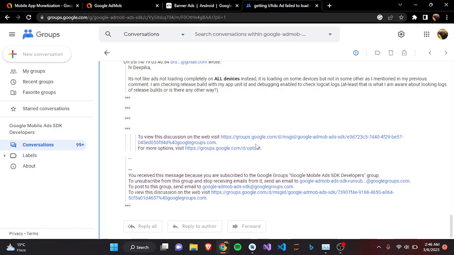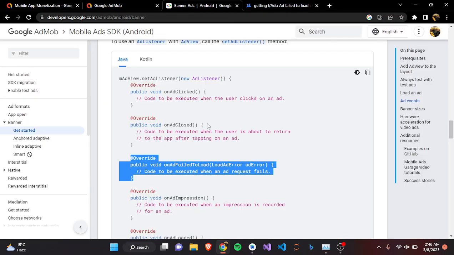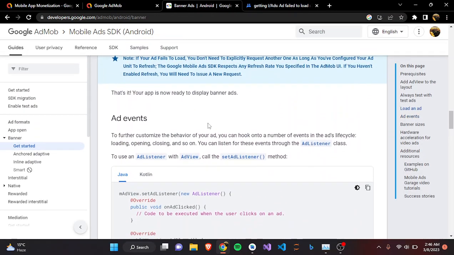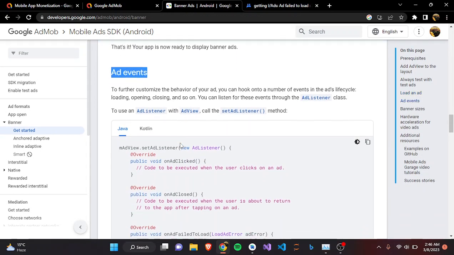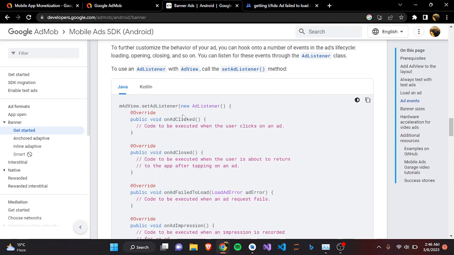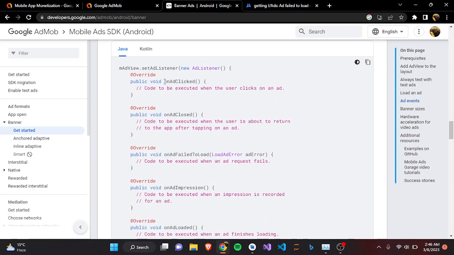by going to the banner ads. Now there are different ad events that you can apply on your banner ad. These are like on ad clicked. So if the ad is clicked, what would happen? You can write that code over here, that the user will be prompted to another link and it will be opened. And if the ad is closed, so when the user returns from that ad, what will happen? Basically,